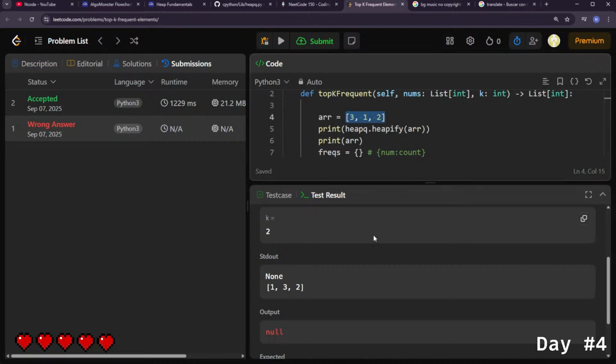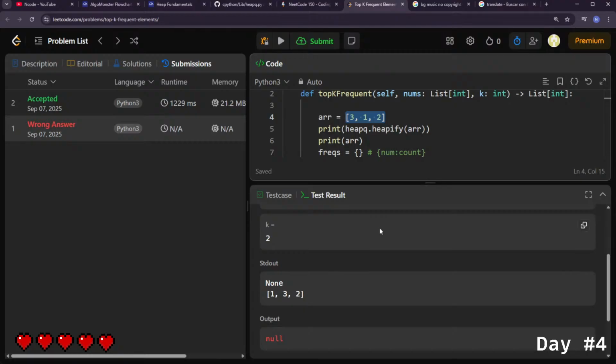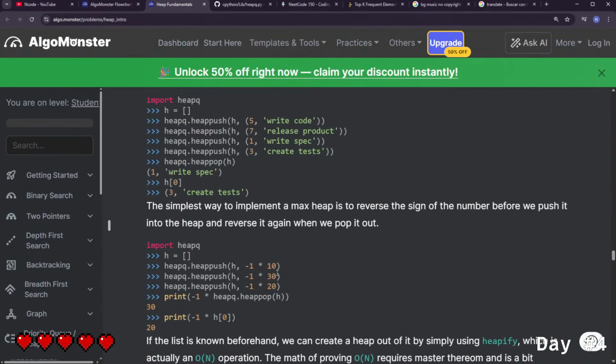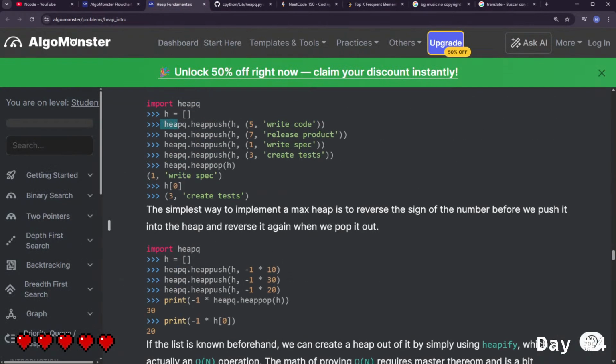So this sorts the list automatically without using sort. How is that useful? I think I'm getting there. With a heap, this is really interesting. So with a min heap,